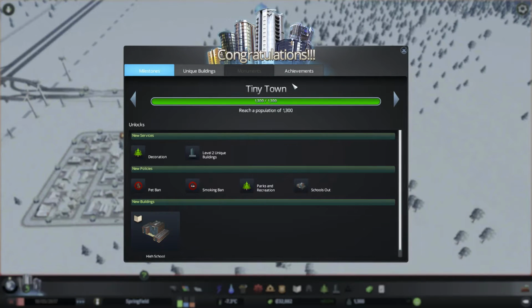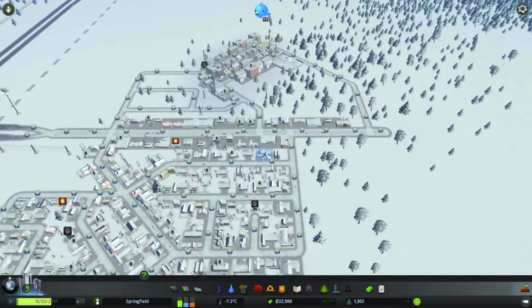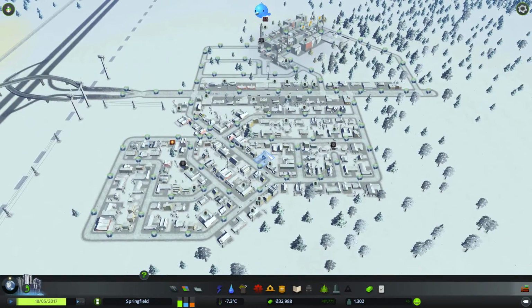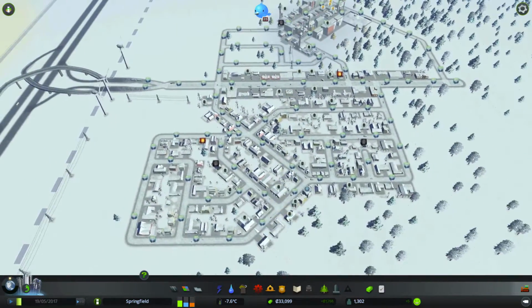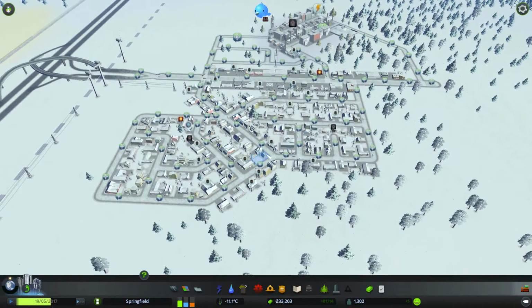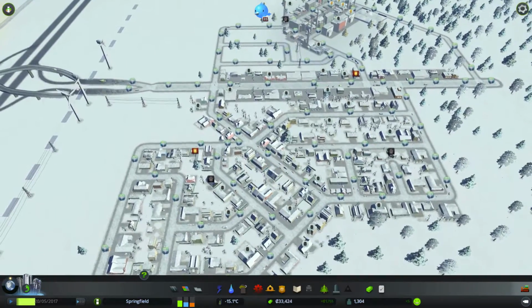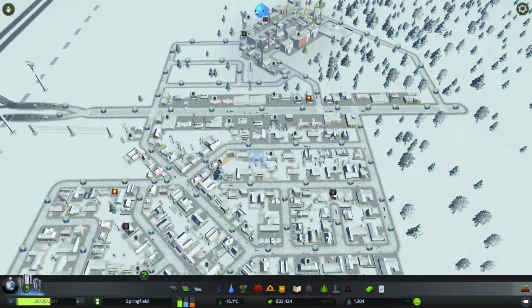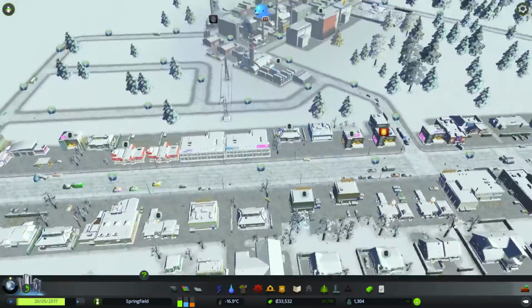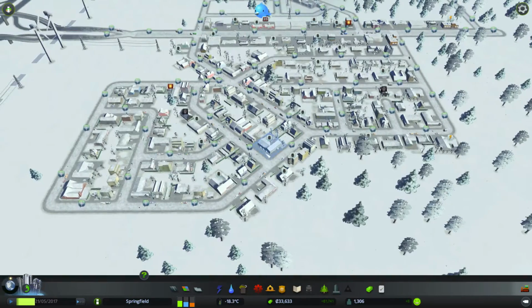a tiny town. We have 1,300 population, and we are currently, what are we doing now? Well, we're trying to get to 2,400. So right, I'm jumping ahead of myself. I need to explain what this is if you don't know already. This is the new expansion pack for City Skylines, which clearly introduces snow and winter, and basically the idea is